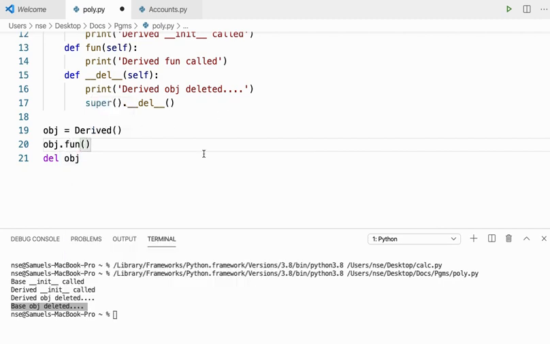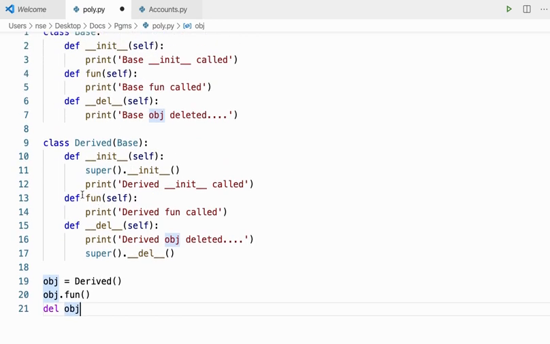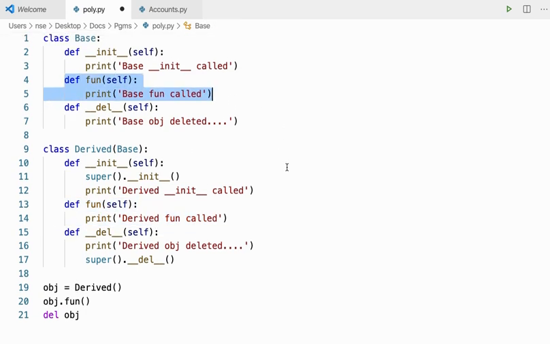Now when I have this function fun, and if I try to call this, I'll say obj dot fun. When I call this method fun, this will call the derived class method overriding the base class method, right? So in other programming languages like C++, you have to give a virtual keyword for the method to be overridden properly, right? But here in Python, the function in the base class is by default virtual, so you don't need to give the keyword virtual, right? So whenever a function call happens here, obj.fun, it directly calls the derived class method and not the base class method. This will never be called, right, unless you call it from here explicitly, right? Got it, guys? So this is called method overriding, right?